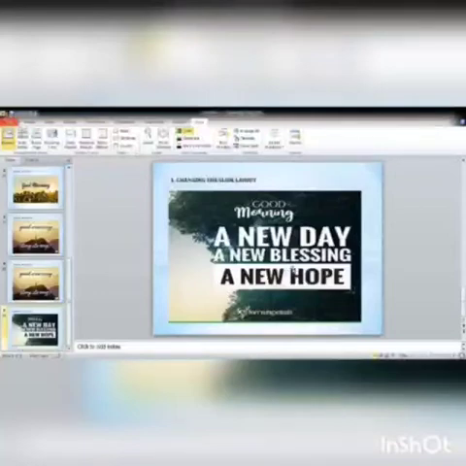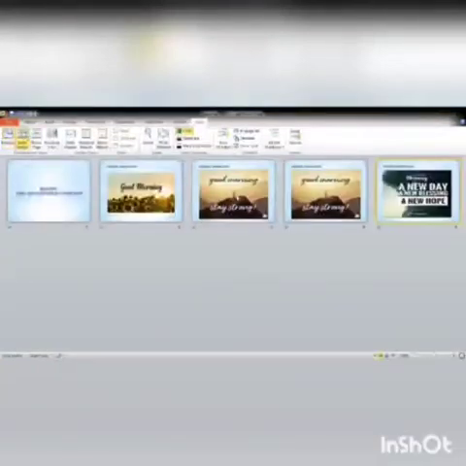Next topic is rearranging slides in Slide Sorter view. Click on the View tab. Inside the View tab, there is a Slide Sorter button. Click on this tab. Select the slide that you want to move. Drag the slide to a new location.